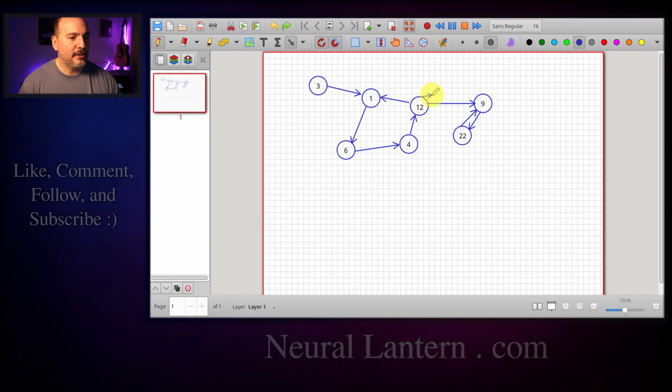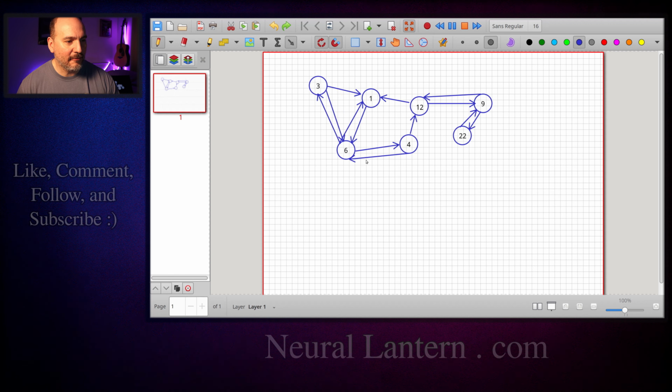Maybe another edge over here. Nope, that's wrong. How about this? Maybe another edge going up here, and an edge going up here, and an edge going down there. I'm just going to draw a whole bunch of edges in the hopes that we'll have a decent graph with lots of path possibilities. Okay, I guess I've almost drawn a complete graph already. Oh, no. This is not a complete graph. I've just drawn a graph where you can kind of get everywhere. Okay, so,